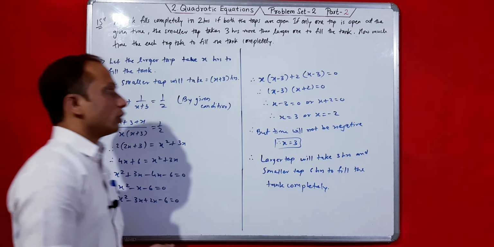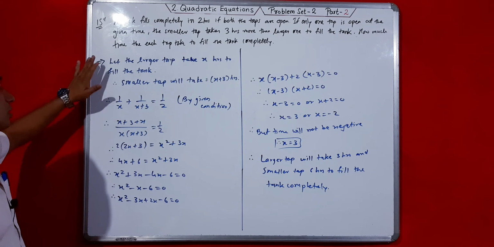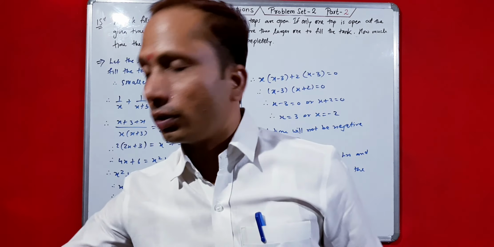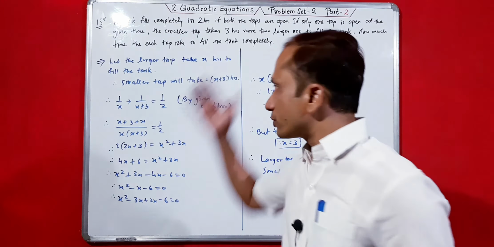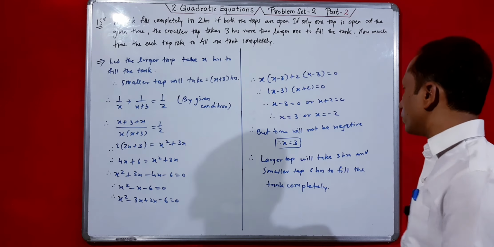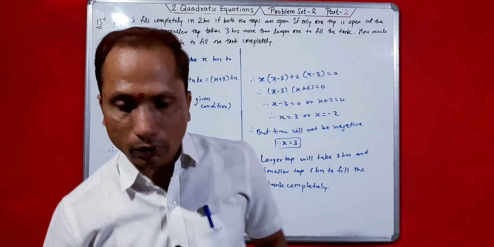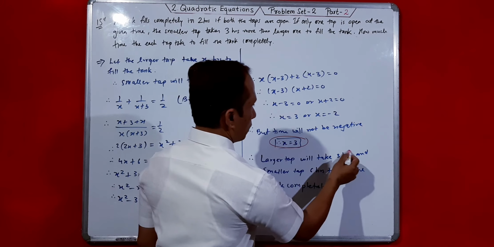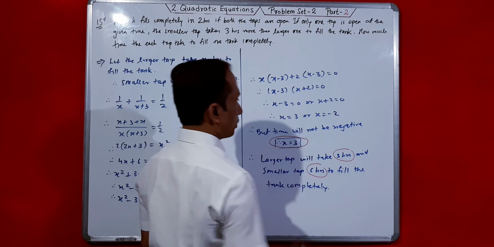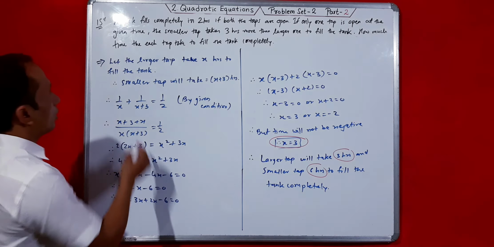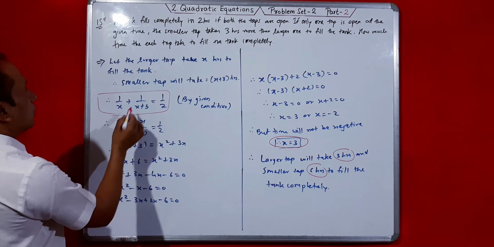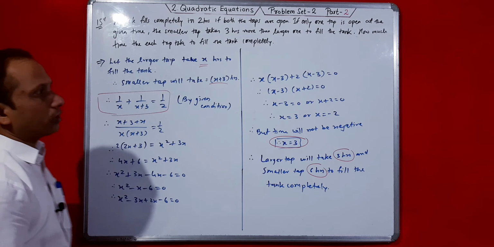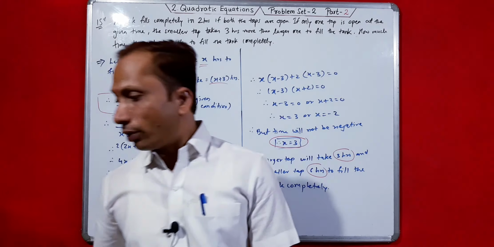So in this way you have to solve it. Concentrate on these equations, what is given and which things you have to compare with one another. Just follow these steps, do the proper calculation, and you get your solution. This is the last problem, we have solved it. This is the solution: these are the 3 hours and these are the 6 hours. Just put the concentration and follow this step: x hours, x plus 3 hours, and then do the proper calculation to get the solution. So here this problem set is completed.